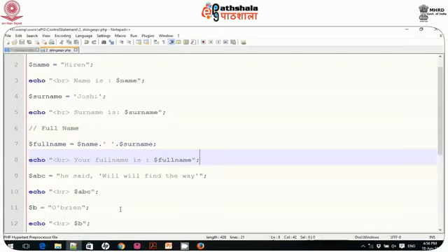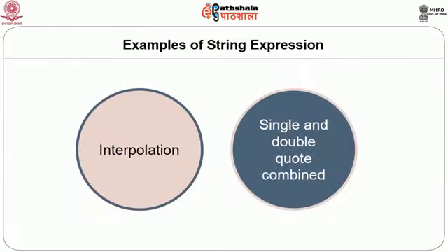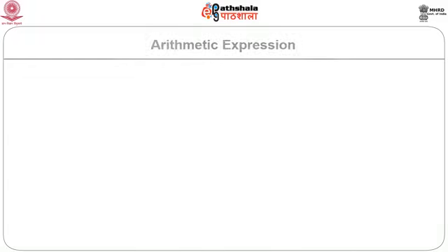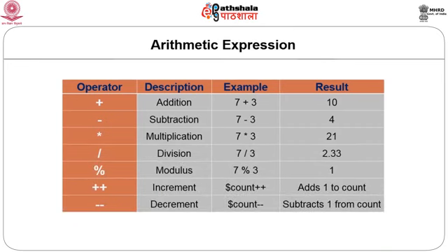So this is about strings. You can use this concatenation operator as well. Now I have taken an example of that one. Now numerical expressions. An expression is nothing but a single value, or the result of any operation that gives you a single value. There are various expressions available, arithmetic operations, as well as compound assignment operators. So what are the arithmetic expressions that I have just shown you? It can be addition, subtraction, multiplication, division, modulus, increment or decrement, and this column shows an example for this one also.